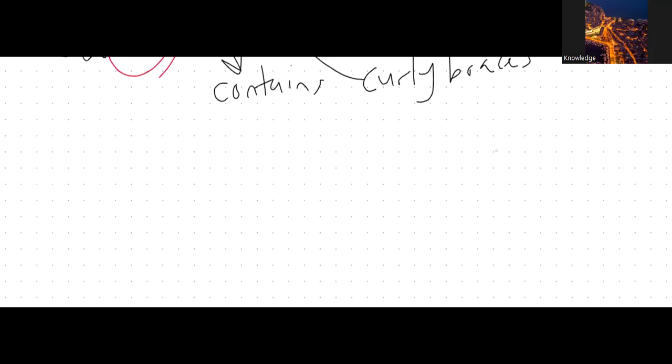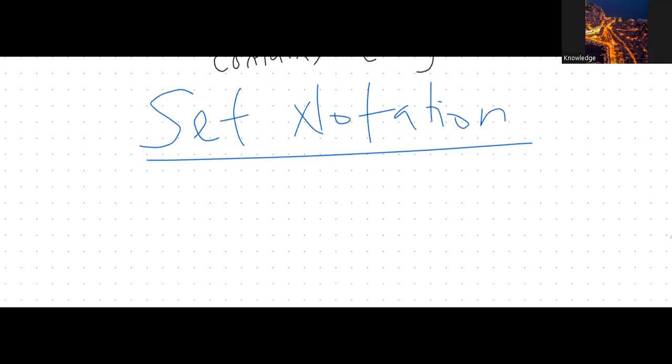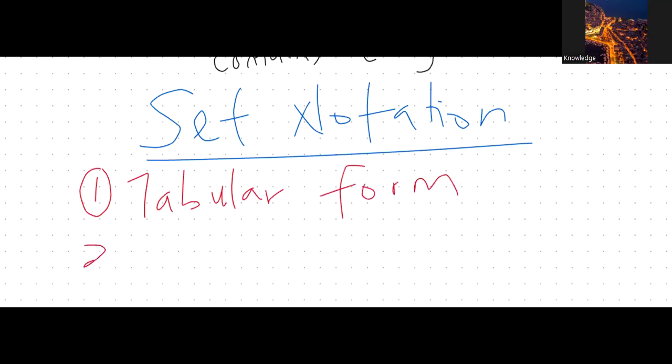Now, under set notation, we have the first one, which is the tabular form. The two ways you learn in this lesson is the tabular form, and the second one is the set